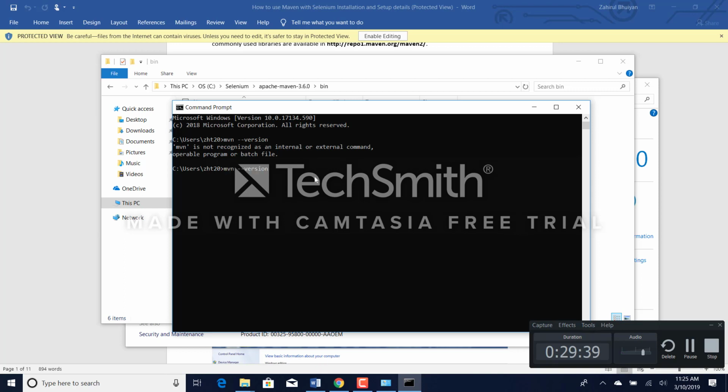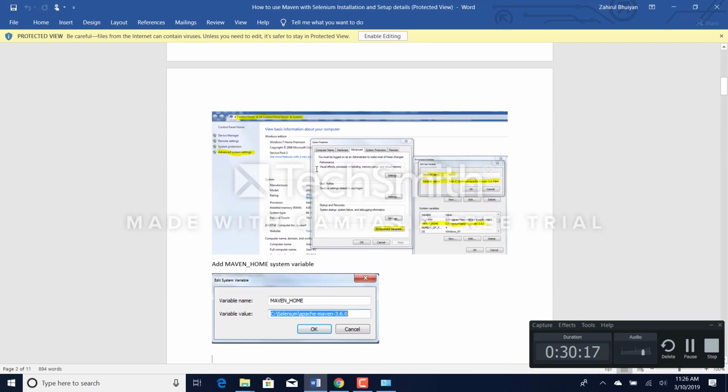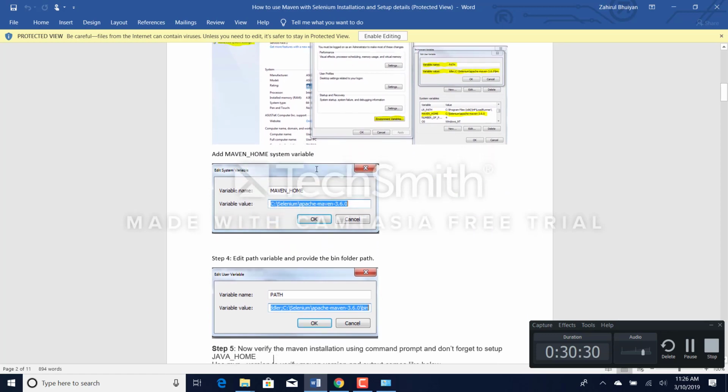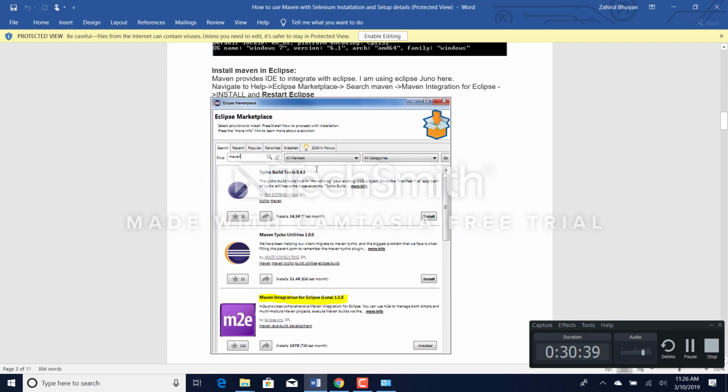Let me see. Maybe. Now what we'll do, we'll do the remaining part and then we'll come here and execute this command. Now according to the document, what is it saying? Let me take a look. Let me review this document. So here, we have added Maven home and then advanced, environment variable, system variable, new, add path, Maven folder. We did it. Maven home we set up, path we have set up, Maven 3.6, Maven home. So at this point,